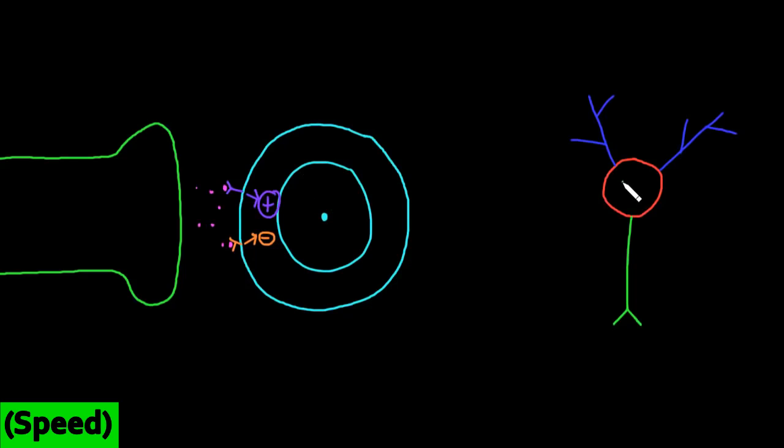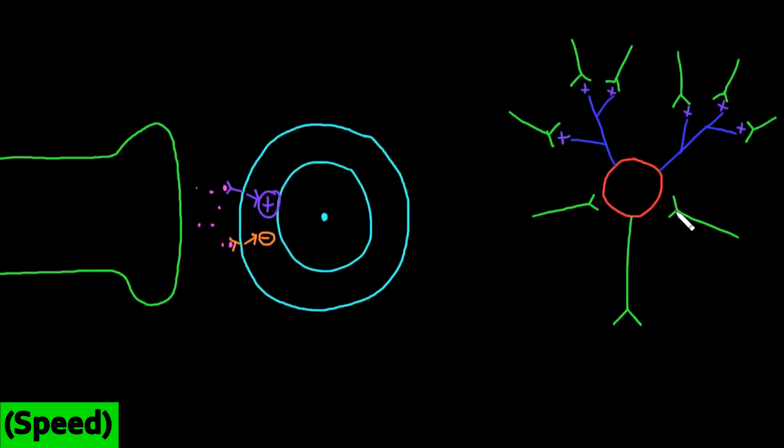When the target cell is another neuron, excitatory or inhibitory synapses can be scattered all over the surface of the neuron, or there are many neurons where the dendrites are receiving predominantly excitatory synapses, so that there can be a large number of neurons synapsing on the dendrites and releasing neurotransmitters that will cause depolarizations in the dendrites. So let me just draw little purple pluses in here to represent that these are excitatory synapses. And then many neurons like this will have more inhibitory synapses on the soma. So I'll just draw some little orange minus signs here to represent that these could be inhibitory synapses on the